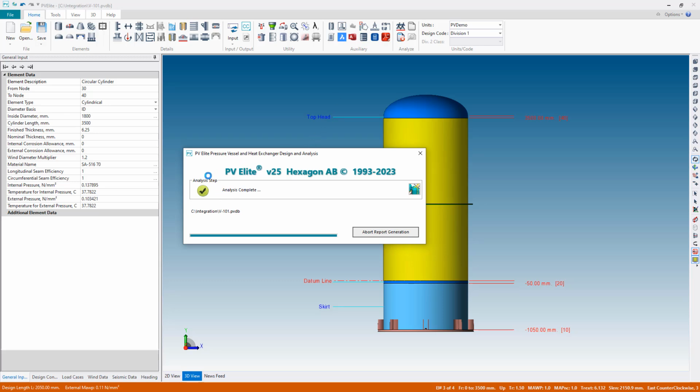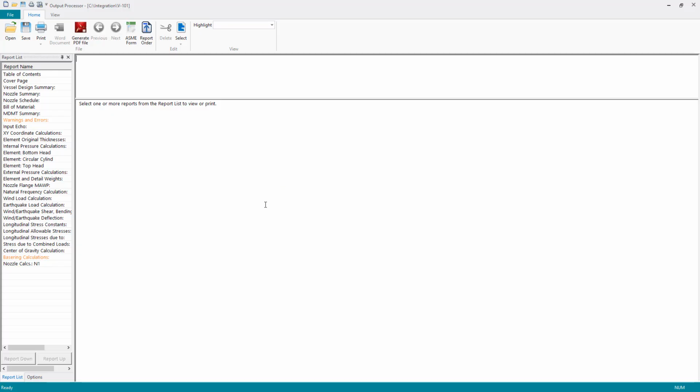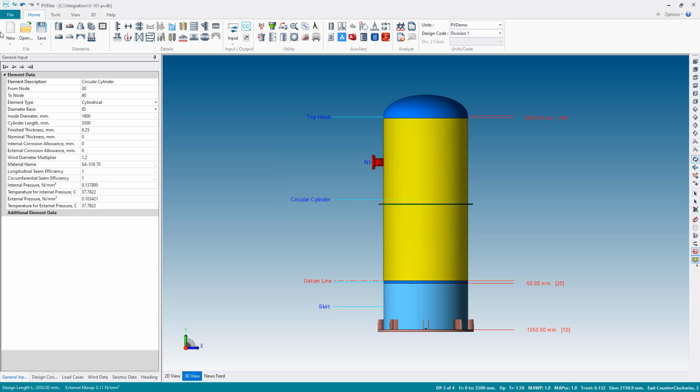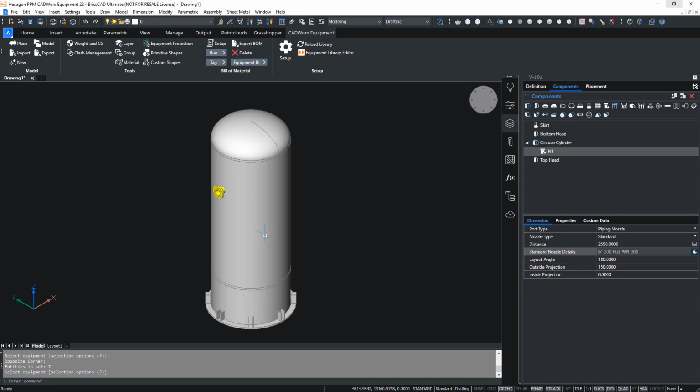Analysis is complete. We have the green check. And in our output we see no more red reports. We have a small warning here on the base ring calculations, but it's nothing to be concerned about. So we can now take that back into CADWorks. So let's close down the vessel in PV-Elite, return to CADWorks and import that back,